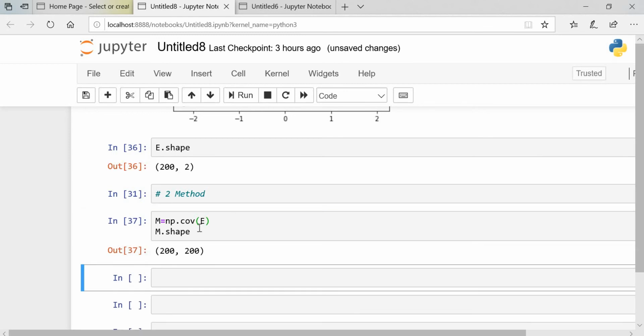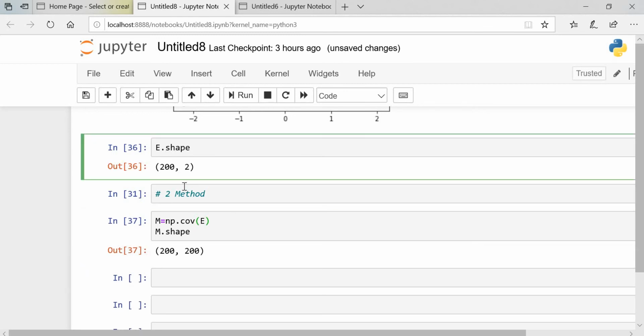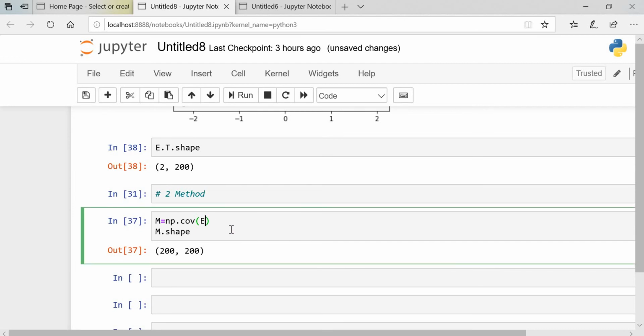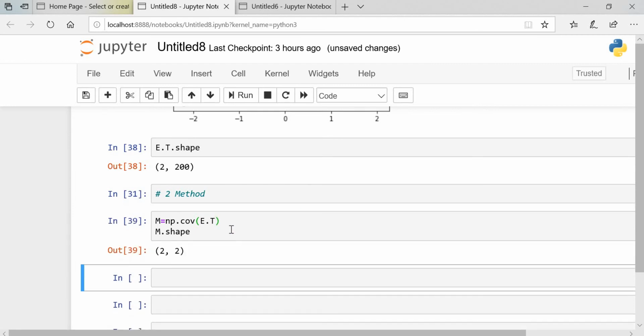So what is the row? Accordingly it will change, right? So I'm going to use T for better understanding. You can see if you have only a 2 by 2 matrix, then it will be understood very easily, right? If you have 200 by 200, it is very difficult, right? So we'll go ahead with this.